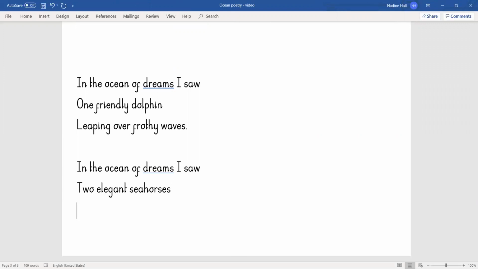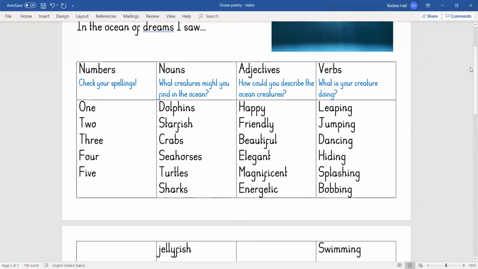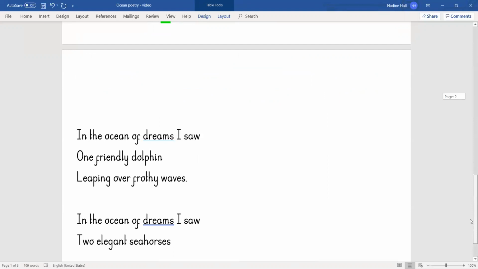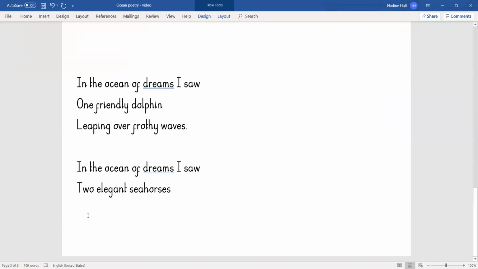Now, what might they be doing? Let's go back to my plan. Oh, I like this word for seahorses, dancing, because when the seahorse moves around in the water, they've got that really curly tail and it kind of looks like it's wiggling around, a bit like a dance move. So I'm going to use dancing as my verb. So new line in my poem,